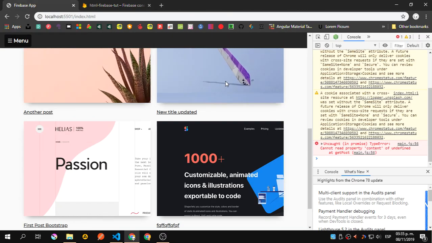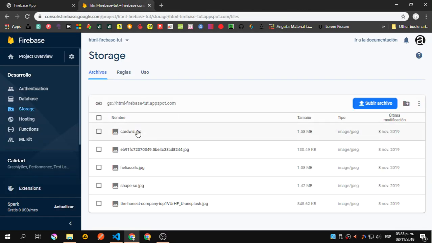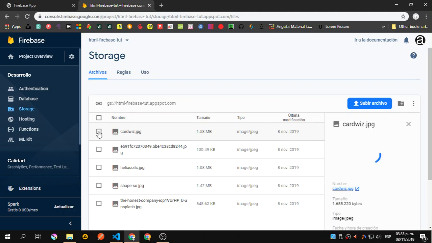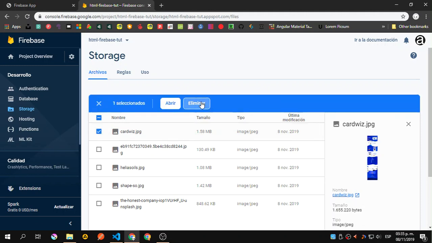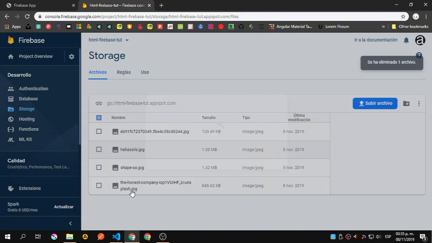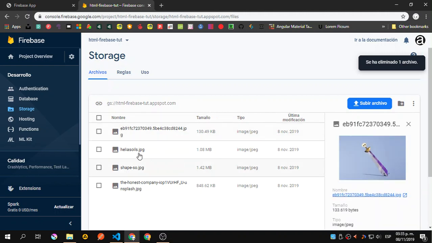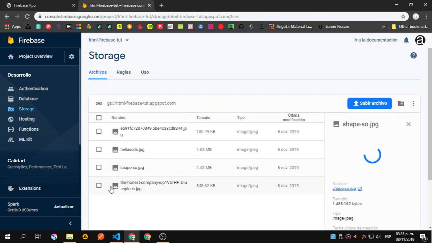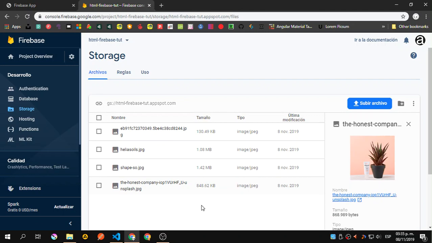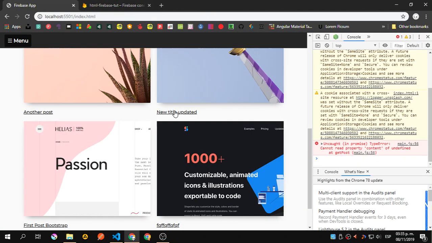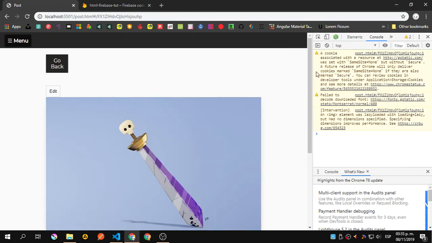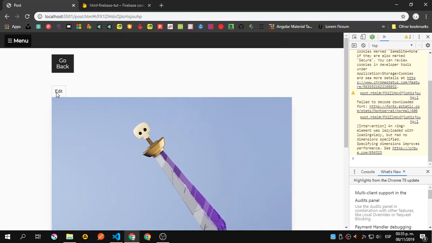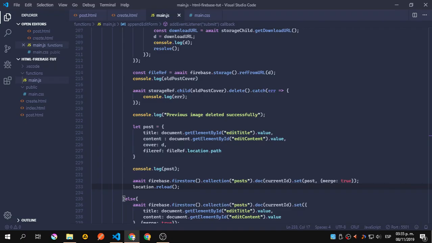So plant, sort, this and that, and I think it's this one. Yep, so we have 4: the sort, that, the shape, and the plant. Okay, so if we come here again and edit,